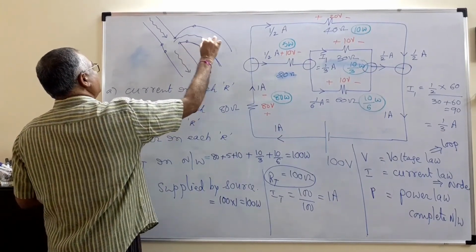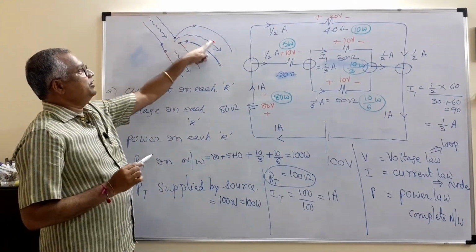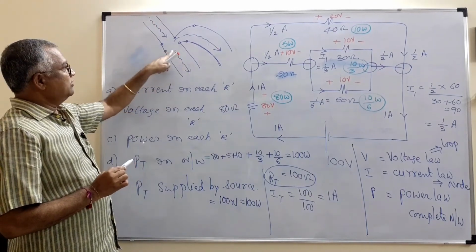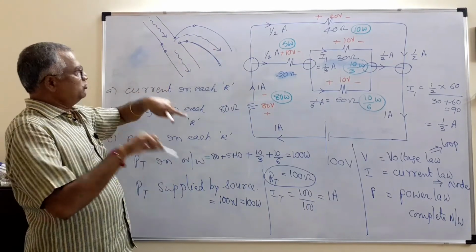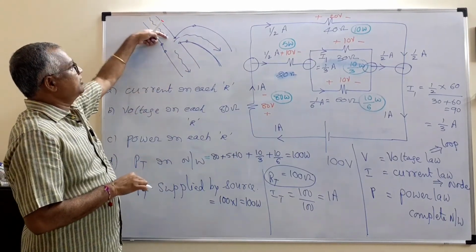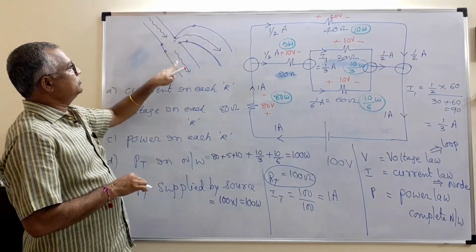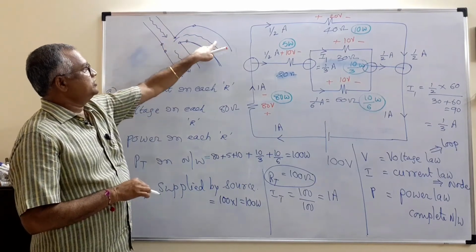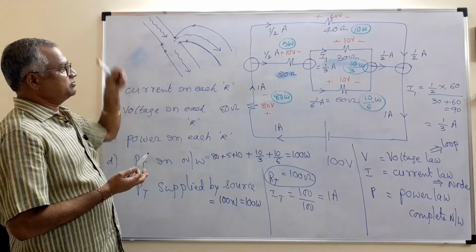So some water will flow in this pipeline also. How much water will flow in this pipeline? This minus this. And at any moment of time, incoming water is equal to this plus this. So this is equal to this plus this. This is equal to this minus this. This is equal to this minus this. This is the simple water concept.